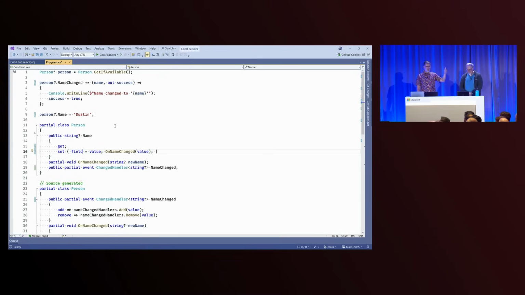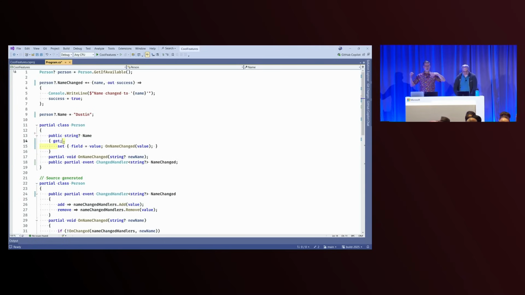If there's a body missing, like in the getter, or if the field keyword is used, then it generates a backing field for you, and you access it using the field keyword. But it's not called field, and so other members can't access it. So your code gets shorter and nicer, but you also get that kind of, I guess it's not encapsulation, but hiding. So that other members don't accidentally access the field instead of the property.